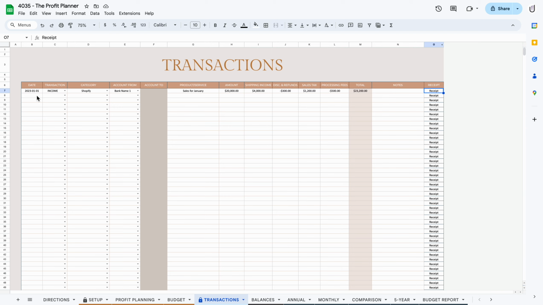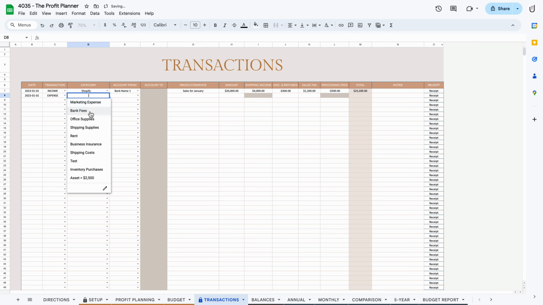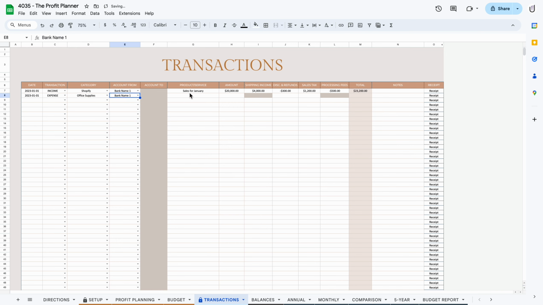for your spreadsheet. So same thing for expenses. I'm just going to do one of those as an example. So on the 1st of 2023, I had an expense. Let's just say office supplies. I paid from my bank account and I bought printer ink. It was $80. Okay, so what you're going to see happen when you choose an expense is the account 2